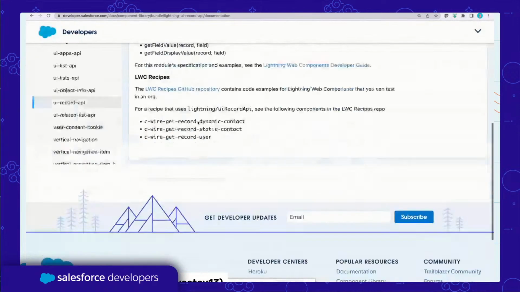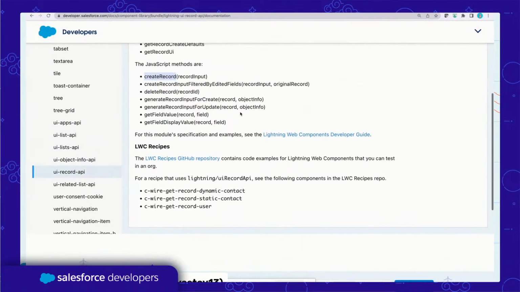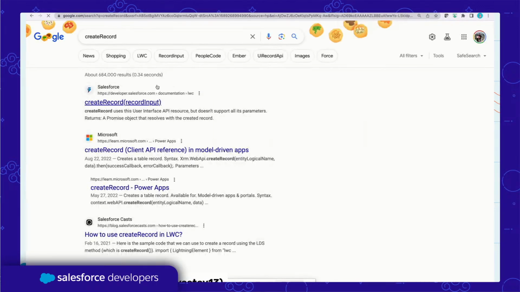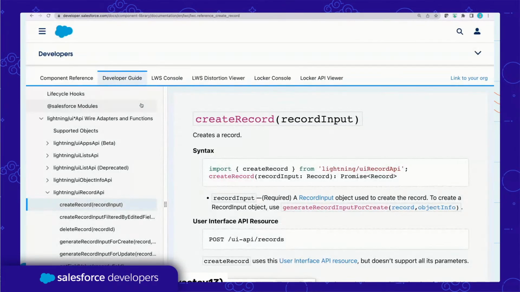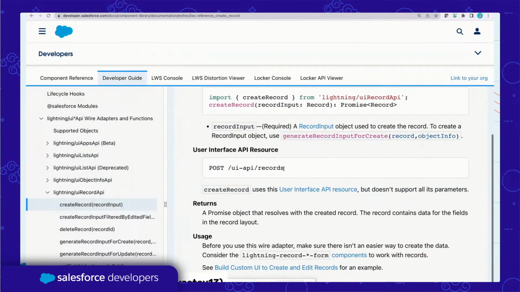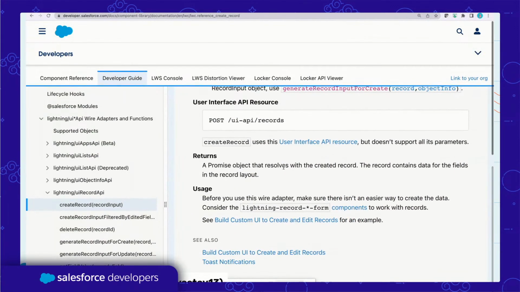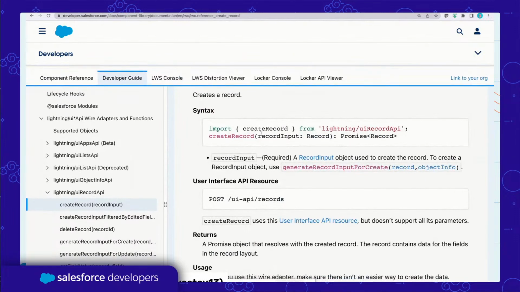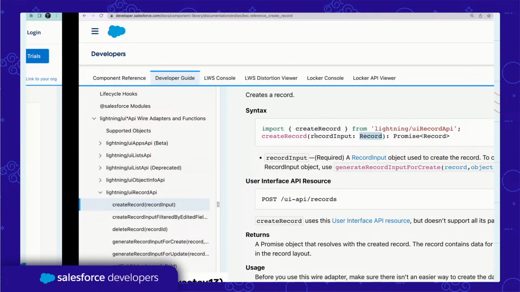But really, it shouldn't be that hard to implement this create record. So let's search for that. So create record input is what we will be using, and yeah, this should allow us to input a record. And then it returns a promise. Okay, so what we will do here is